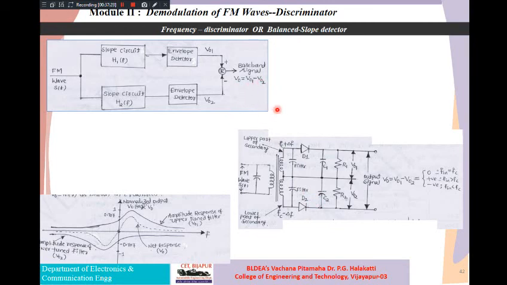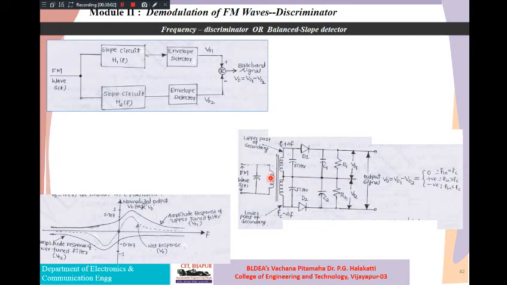till now, guys, I want to summarize. With this block diagram we have discussed why we need two slope circuits, and why their transfer characteristics should be exactly opposite to each other. This much we discussed is sufficient, and why we are taking the difference here. Now let us see how this balanced slope discriminator or detector is going to work.